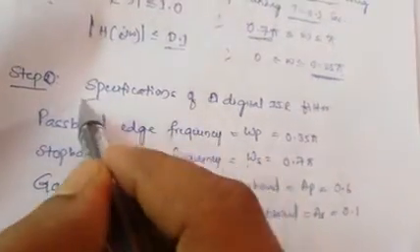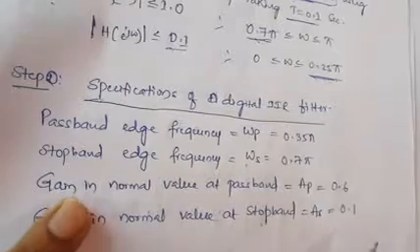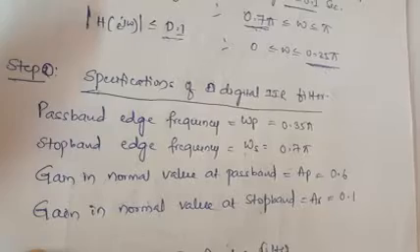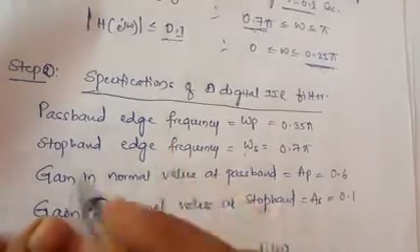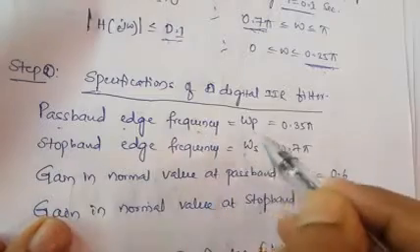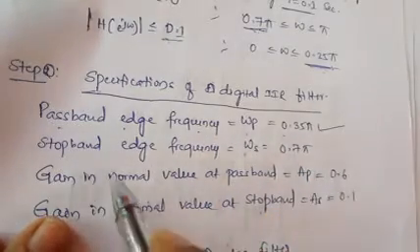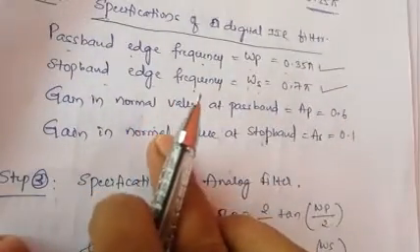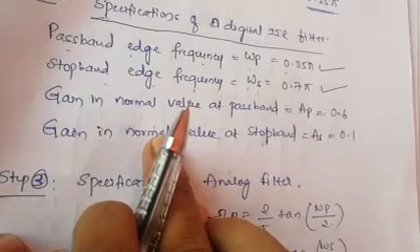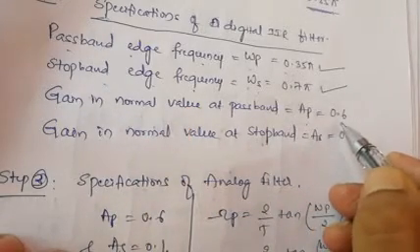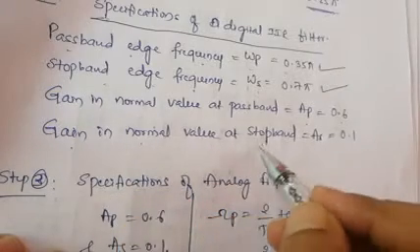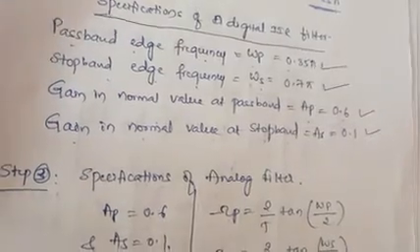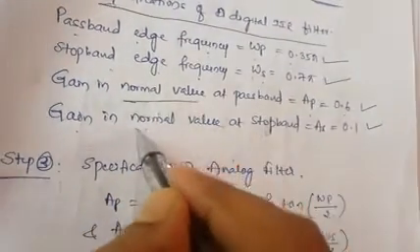Next, first we have to write the specifications of the digital IIR filter. So we converted, as per the frequency transformation, and we have to write the specifications. Hence the pass band edge frequency omega p becomes 0.35 pi, and the stop band edge frequency omega s becomes 0.7 pi, and the gain in normal value, meaning not represented in decibels, that is alpha p equal to 0.65. Similarly, the gain in normal value at the stop band edge frequency is equal to 0.1. These two values are not given in decibels. Because of that reason, we are calling them normal values.